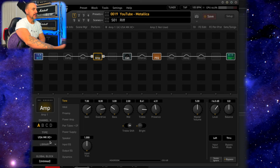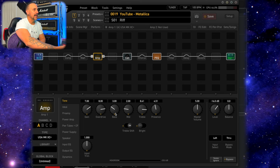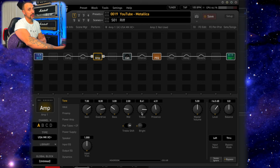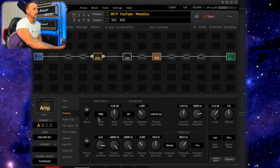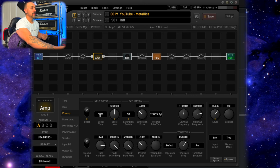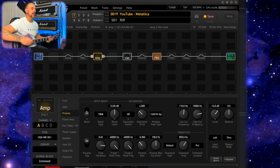Now Metallica did of course use the Mesa Boogie Mark IIC Plus, I think. So here I'm using the 2C Plus. These are the settings: gain at 7, overdrive here at 8, bass at 3, middle at 2, treble at 8.41, because why not, presence at 4.51, and master volume there at 5. Treble shift on. In the preamp, I'm using essentially a Tube Screamer, the T808, with that much of a boost. With that off,